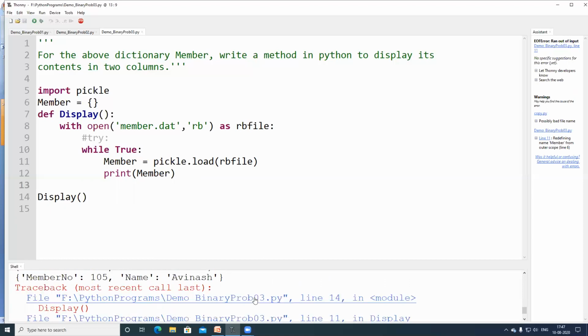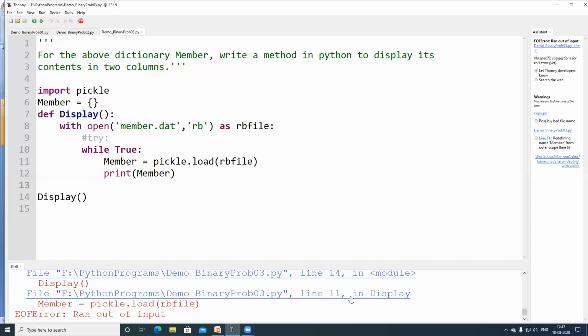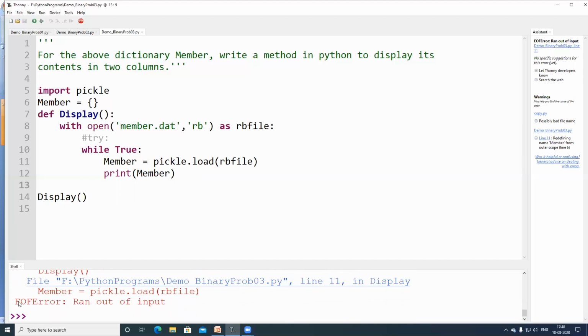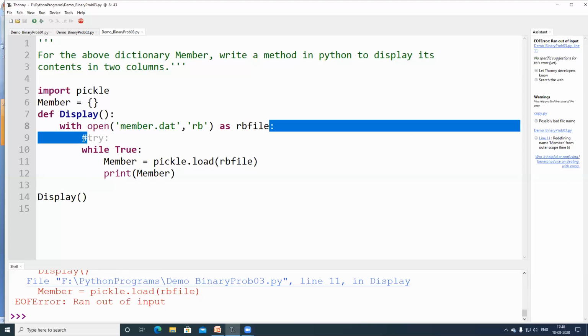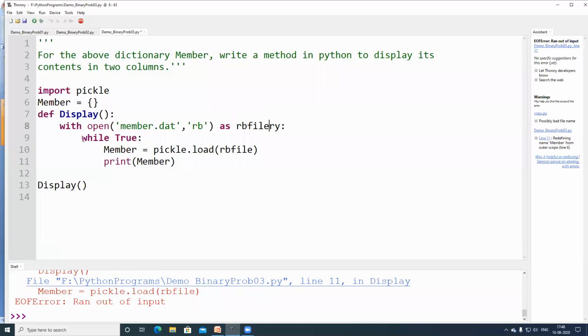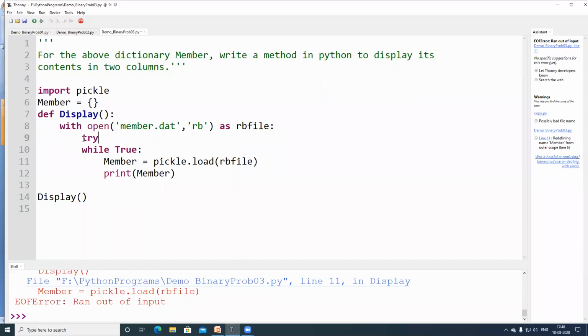After completion, it traced back, most recent call last, display. Here, this is the error I have to note. End of file error, ran out of input. So after reading all the things, it is showing me an error. Hence, in order to avoid this, that particular part which I have shown before, the try and except part, is necessary.